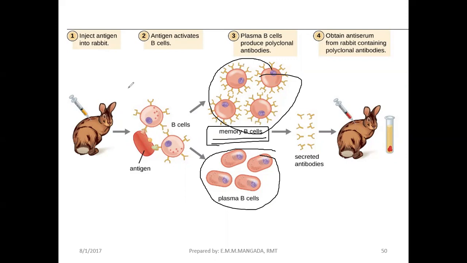Nagkaroon ka ng measles, for example. So your body will, the antigen, okay, inhaled, or the virus, for example, will cause now the activation of your B cells. So it will produce antibodies, okay, in your plasma B cells, will produce antibodies against,